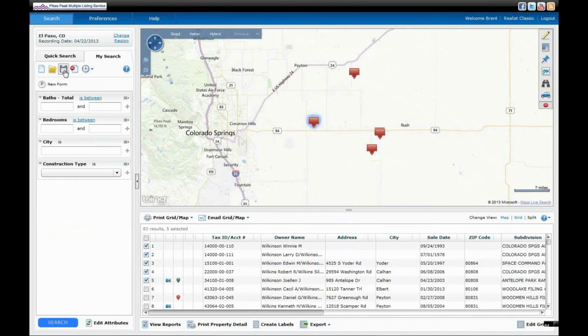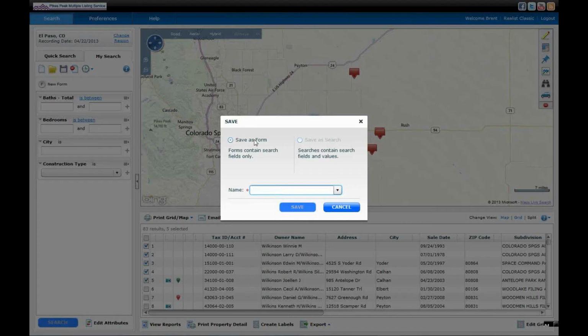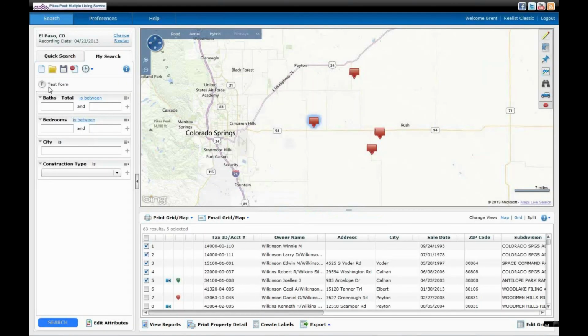Now when I go to save a search like this, again, nothing filled out in any of my boxes, it allows me to save the search as a form. So I can call this my test form. I probably won't use it again. But you'll see it'll put the F next to it for form and give it the new name of test form. However, if I'm always looking for homes between 2 and 3 bathrooms and between 2 and 3 bedrooms,